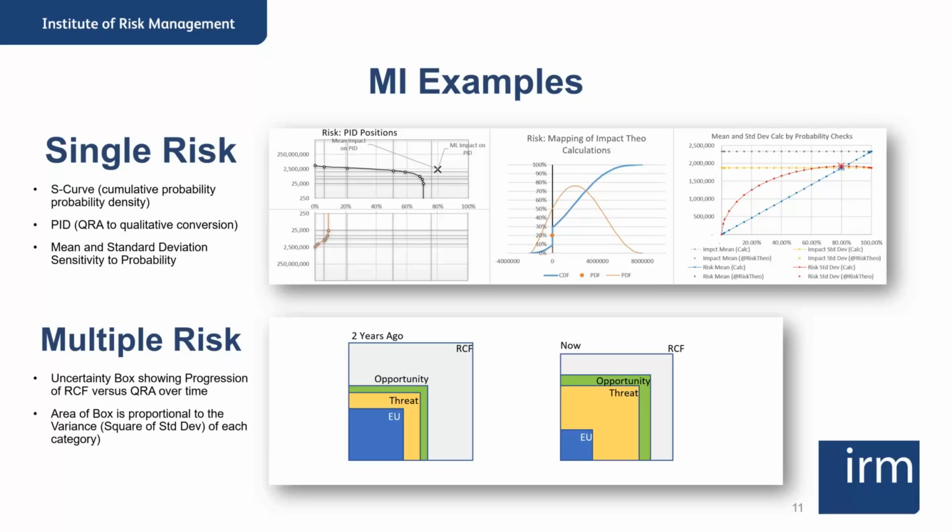In terms of multiple risks and the fact that we have reference class forecasts, how does that develop over time? Where are the big uncertainties coming from? That chart at the bottom is a good illustration of how you can reflect over time how your QCRA sits against the uncertainty demonstrated by a reference class forecast. As you move over time, that estimating uncertainty, the EU component, if that's reducing, are you genuinely getting better recognition of the threats that are coming about?